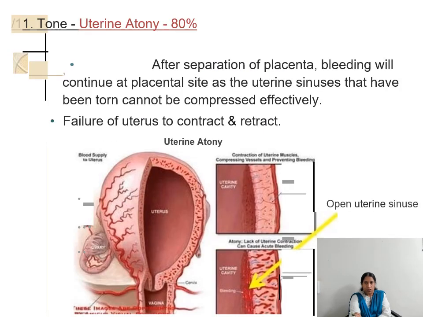So after the separation of the placenta, the bleeding will continue at the placental site as the uterine sinuses that have been torn cannot be compressed effectively. So failure of the uterus to contract and retract is called uterine atonicity. So the contraction of the uterine muscles compressing the vessels and preventing the blood loss usually occurs with retraction of the uterus. So if the retraction does not occur, all the open uterine sinuses will continue bleeding and it will lead to